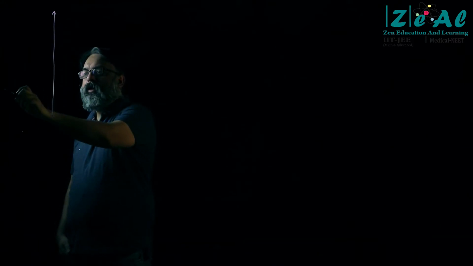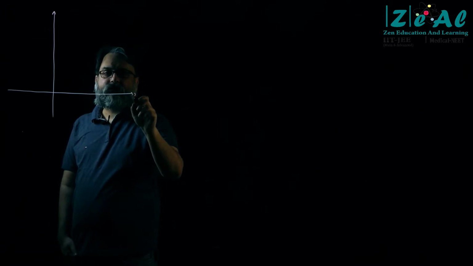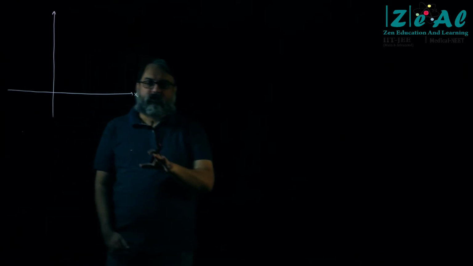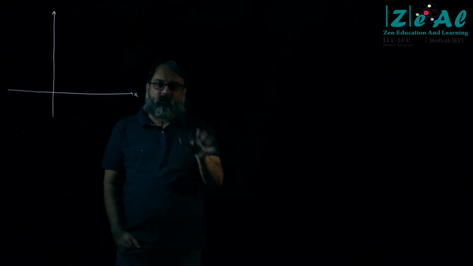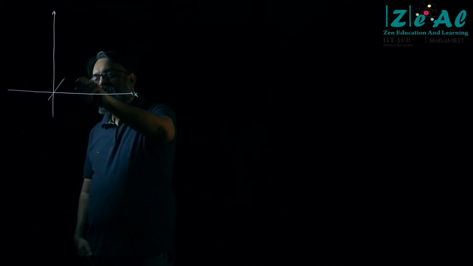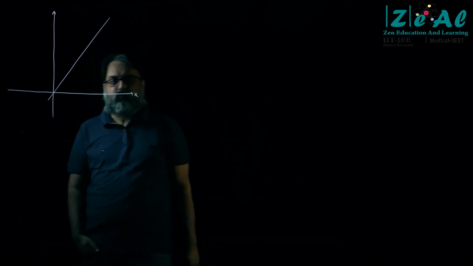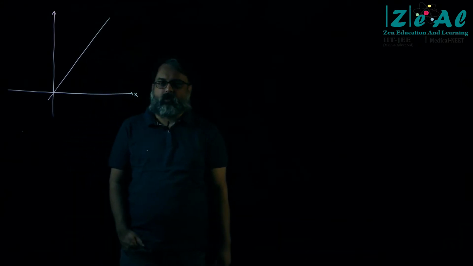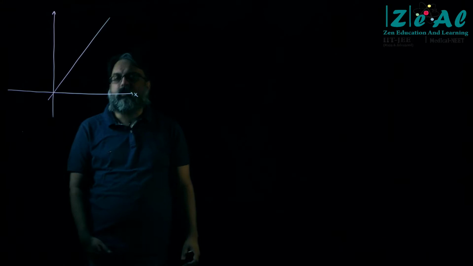One way of observation of whatever it is we are doing. So when I draw a graph between two physical quantities, I am going to have a y-axis, and then I'm going to have an x-axis, and on this I am going to draw a graph, and like we discussed in the last class, maybe the graph comes out like this. Maybe the graph comes out like this from whatever data that experiment gives us.